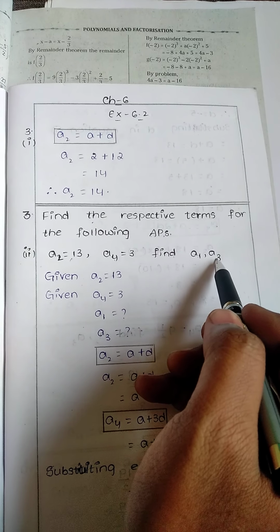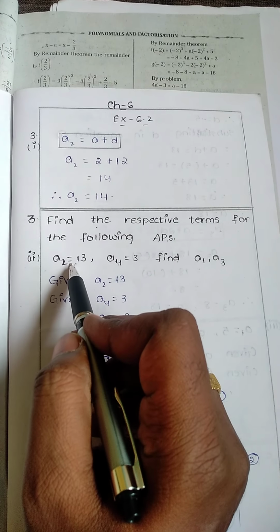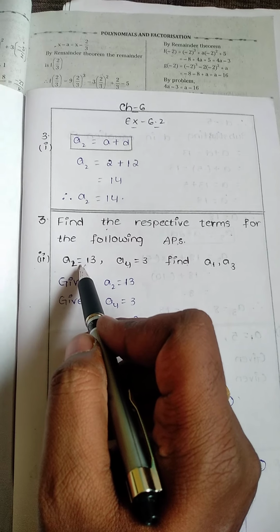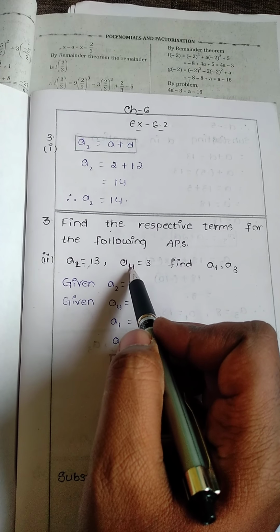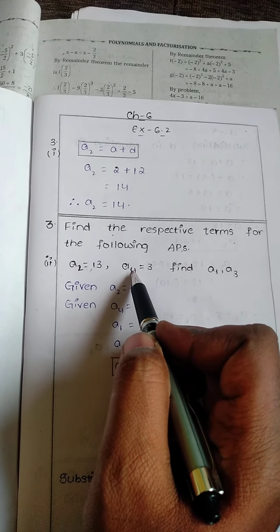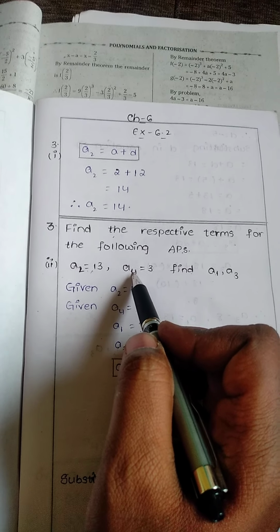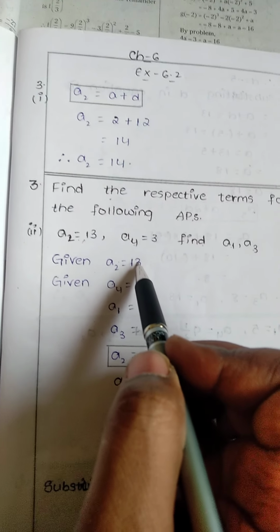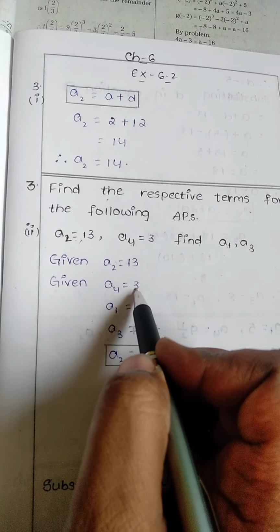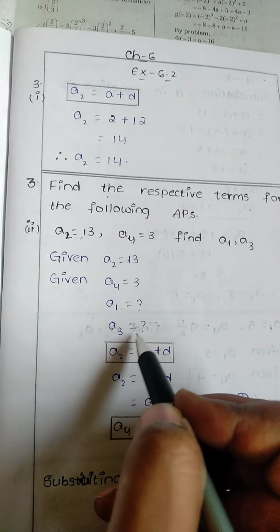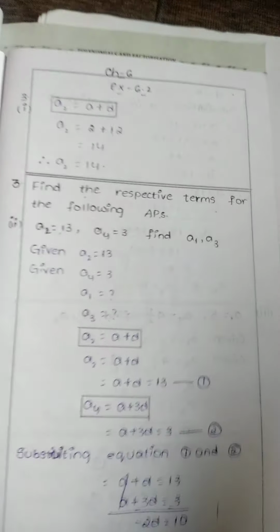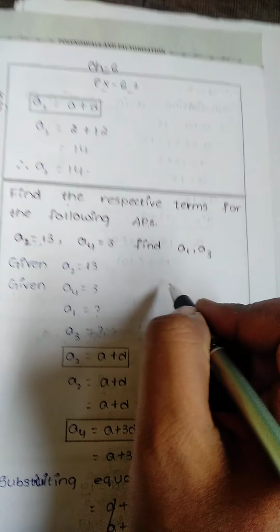Find A1, A3. So A2 is nothing but T2. We can call it T2 or A2. A4 means T4. A4 or T4, both are the same. So first write down what is given. Given A2 is equal to 13, A4 is equal to 3, and A1 we have to find, A3 also we have to find. We know the formula Tn is equal